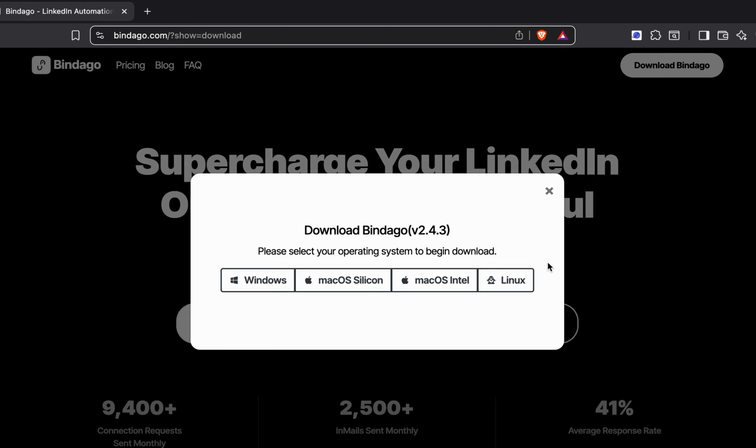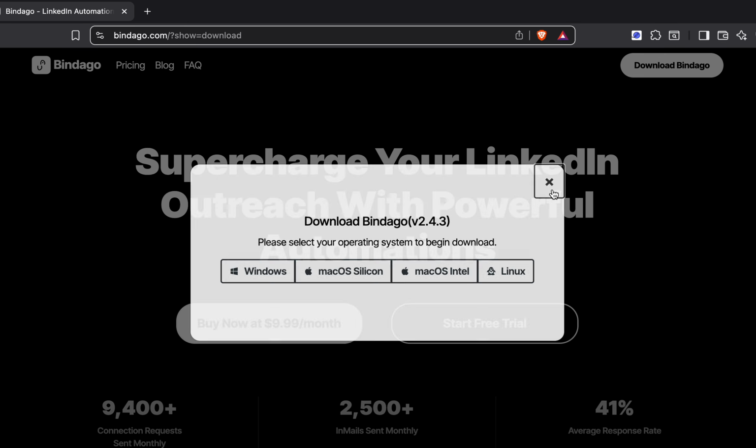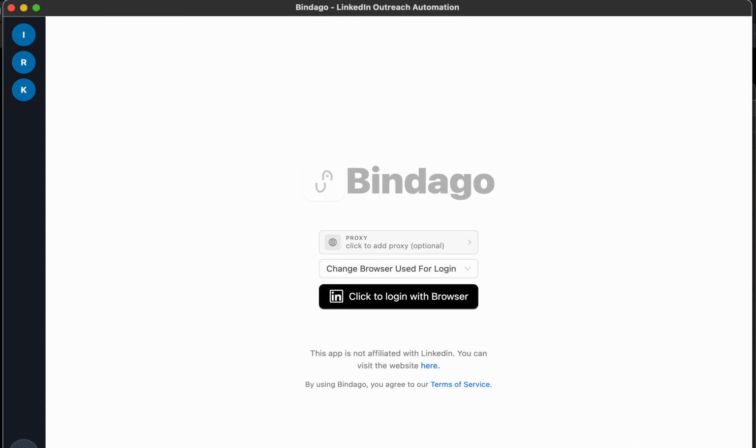You have to download the app because it works only on the computer, so download the option that applies to your computer: Windows, Mac, or Linux. I already have the app downloaded, so I'm going to skip this step. But once you download and install it, of course,